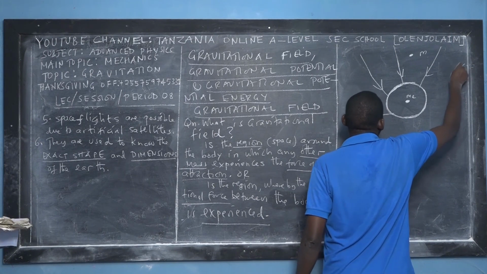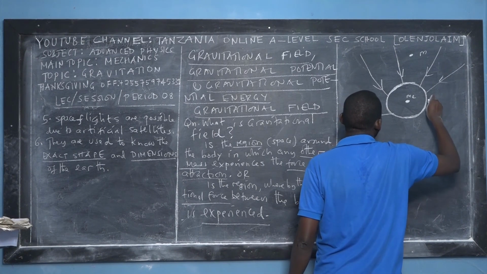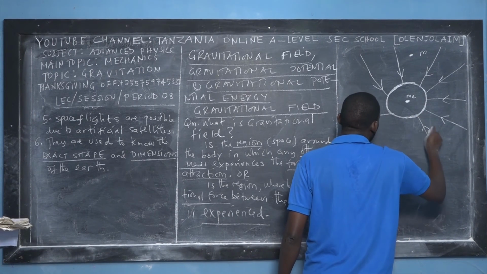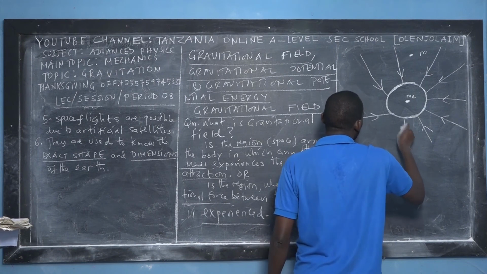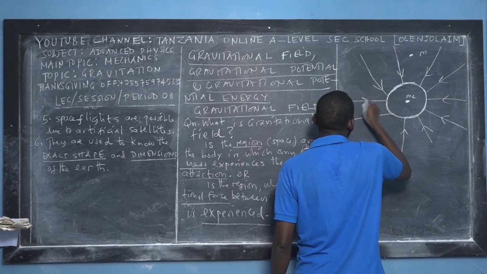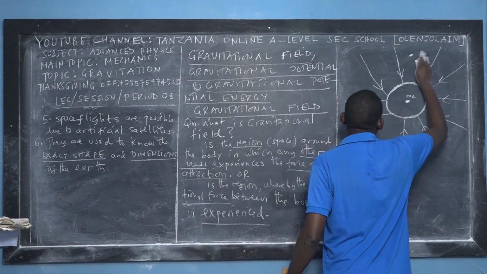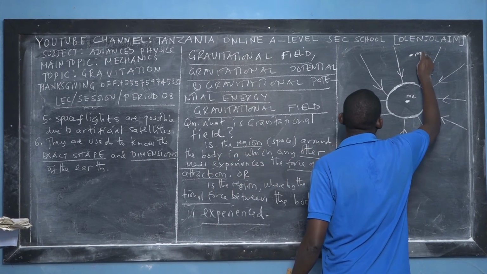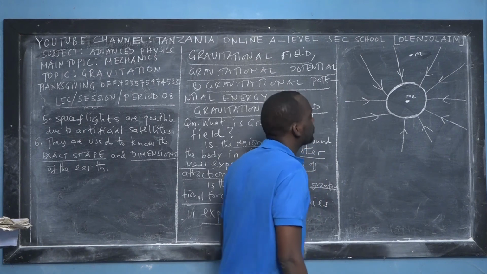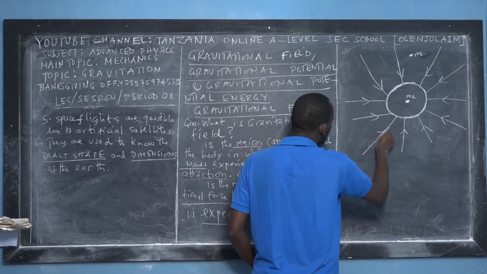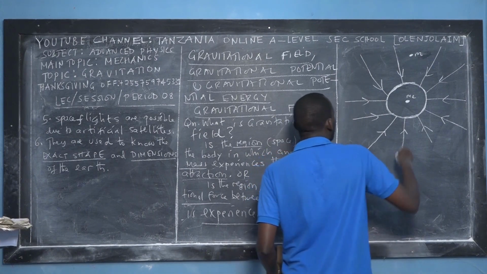This we call the gravitational field of the Earth's surface. So this is the body of mass m, and that is the mass of the Earth. This we call the gravitational field. So if the force of attraction